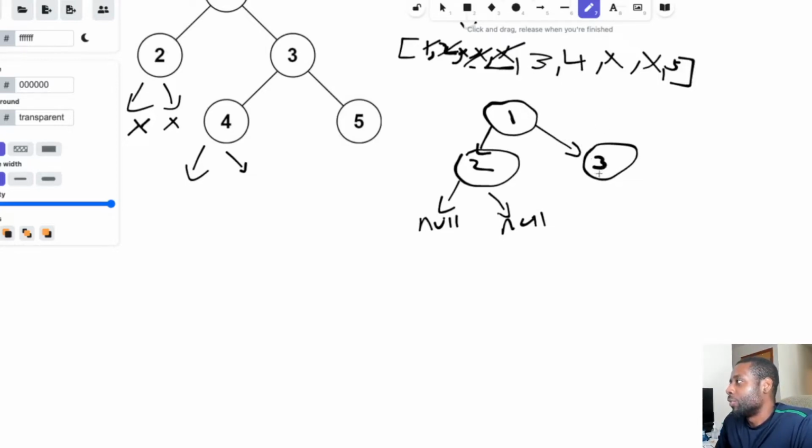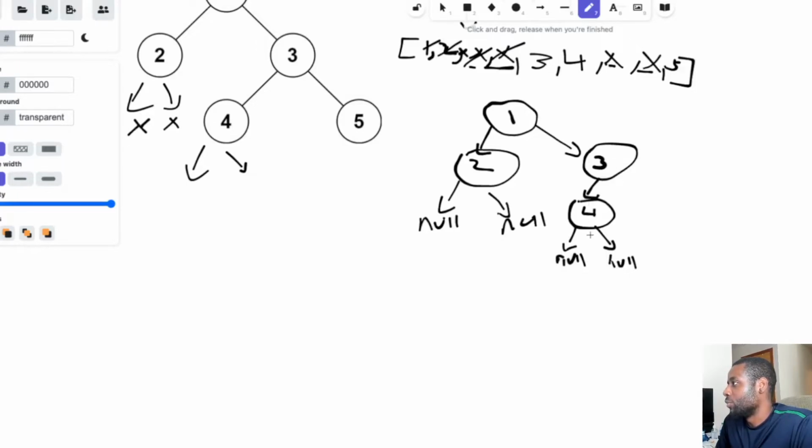So now for 3, we go to the next node and we see that 4 is the node that's next. So 4, and we know the left side of 4 is null because of the X. And then we see that the right side of 4 is null as well, because of the X. So now we're done, there are no more nodes to go and check.